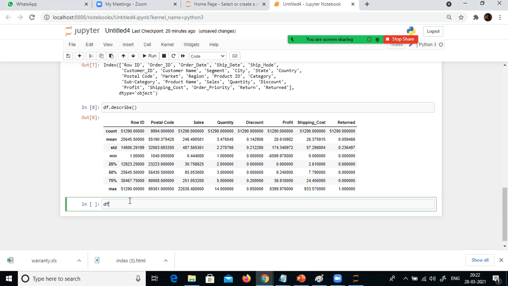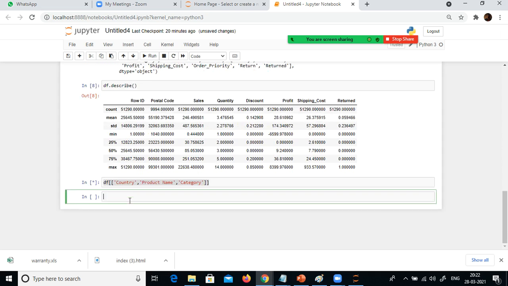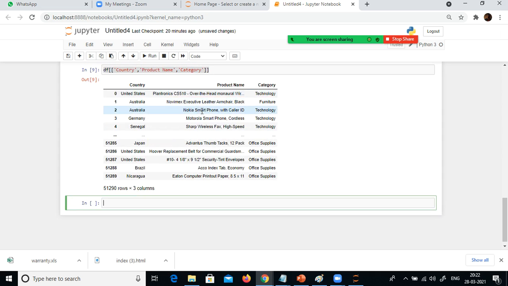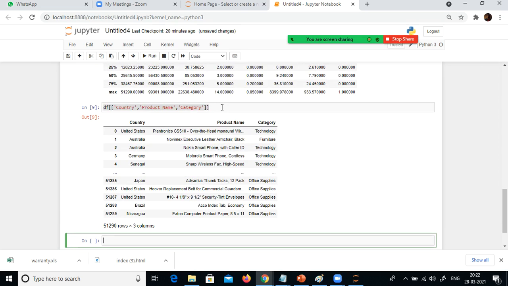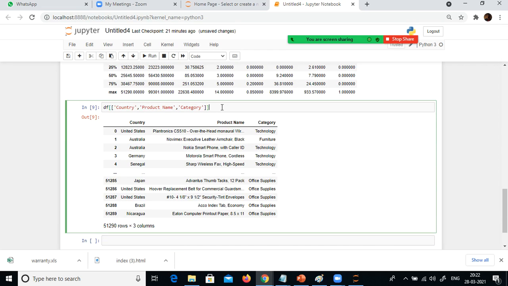Now what we will do is, to start with df, here I am going to do something like country wise. Let us try to do some kind of simple report generation. We will select some product name and category wise. What products are there, and the corresponding category, you'll see it. Okay, so these are the product names and these are the categories.